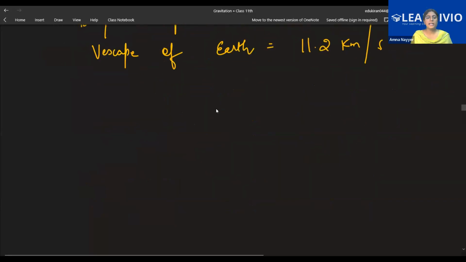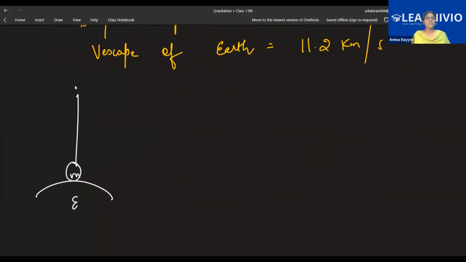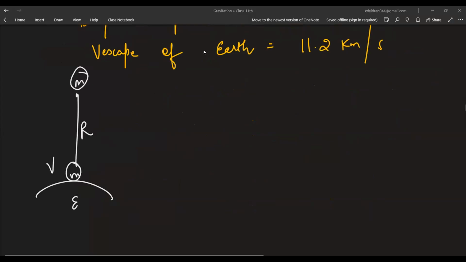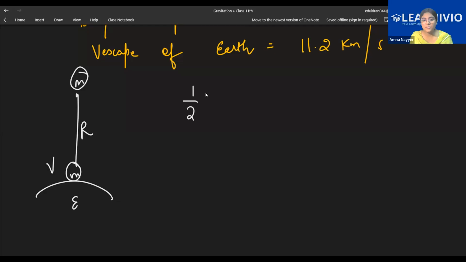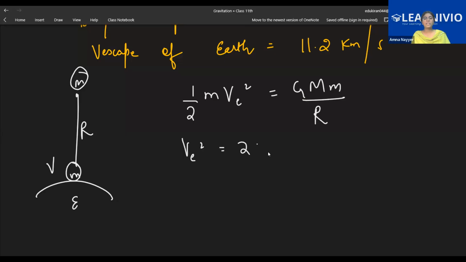Okay. Now, when we are talking about the surface of Earth, mass is present. It is going up, let's say to some distance. Separation is r and velocity is v. Very easy derivation. At the surface of Earth, the kinetic energy is present, half m ve square, which gets converted to the potential energy G capital M small m by capital R. Okay. So escape velocity square is equal to 2 capital G